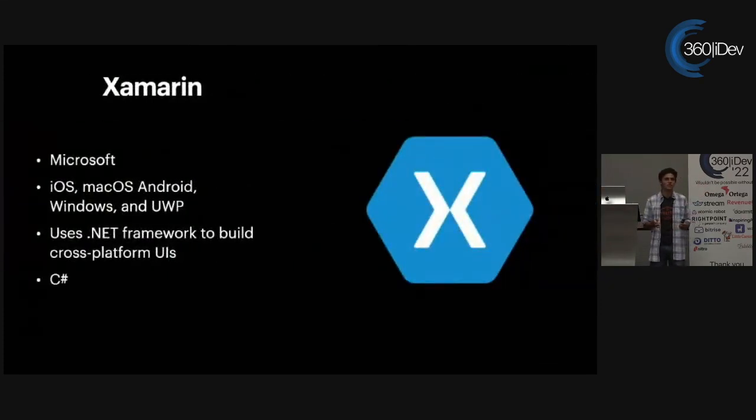And then again, just because they don't want to be left out, Microsoft decides we're doing ours too. Microsoft has Xamarin, and they use the .NET framework to build their own cross-platform UIs. Again, they go on a lot of platforms. You get the point. These are all cross-platform services. Their language of choice is C#, which is kind of like Swift's postman there. It looks a lot like Swift, but they're not related. We don't know why they look like that. But there are definitely similarities.